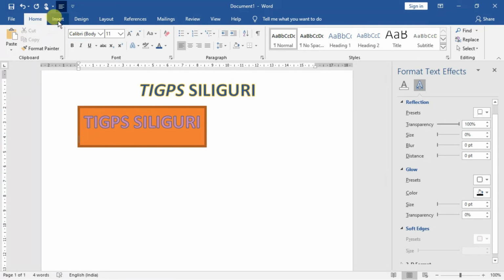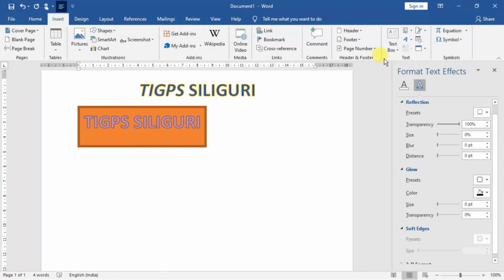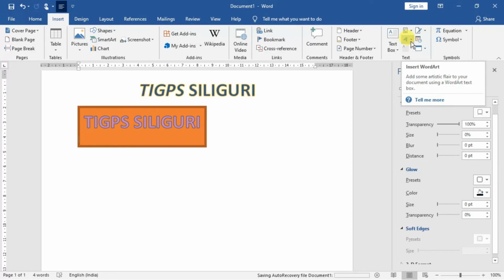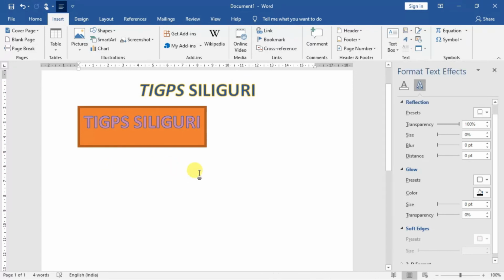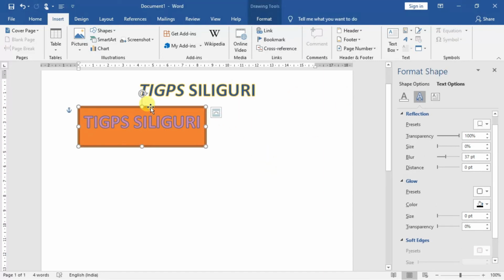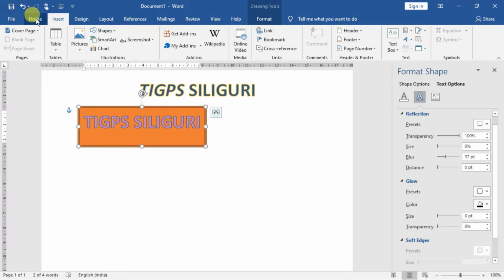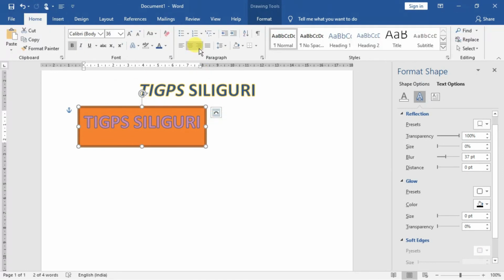And how will you do it? Insert, and then you will go to the text group, and from here you can insert word art. All right, so that is the way you have to work with word art. Okay, so my suggestion is that you should implement this practically in order to know this better. As you try the options, you will become very much expert at inserting these particular things.